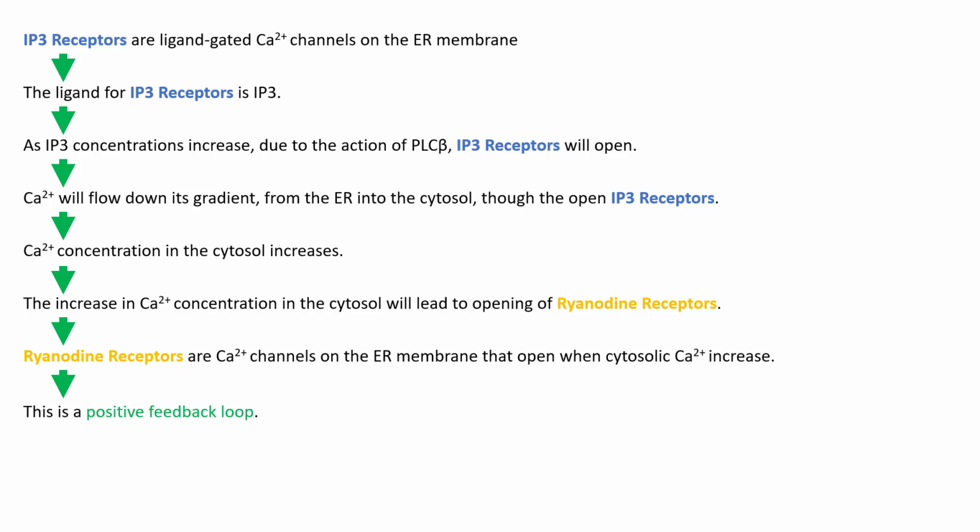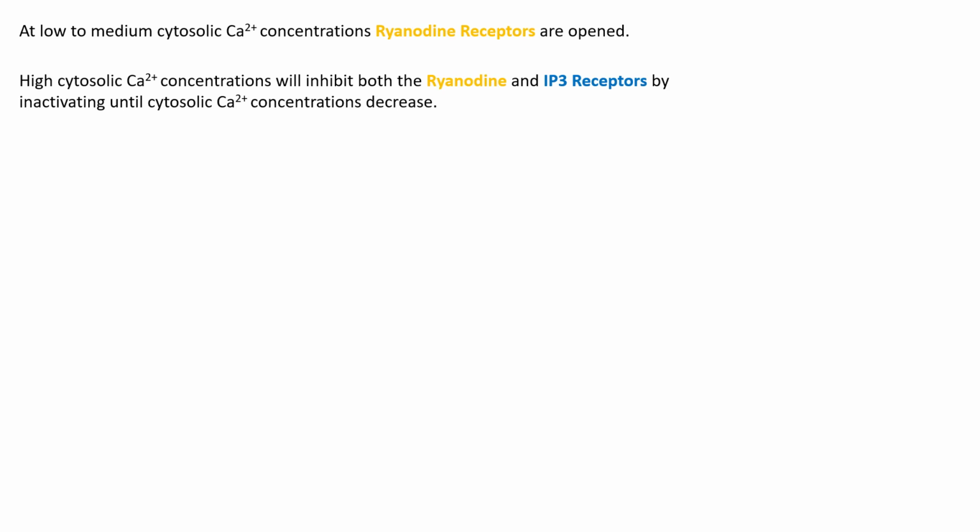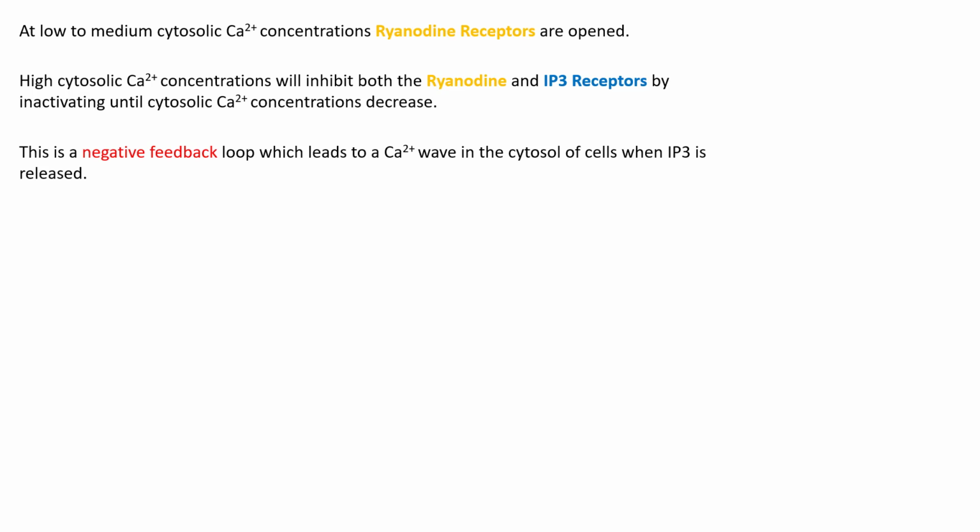This is a positive feedback loop, being shown here. At low to medium cytosolic calcium concentrations, ryanodine receptors are opened. High cytosolic calcium concentrations will inhibit both the ryanodine and IP3 receptors by inactivating them until cytosolic calcium concentrations decrease. This is a negative feedback loop which leads to a calcium wave in the cytosol of the cell when IP3 is released. And we have the picture, including now both the positive